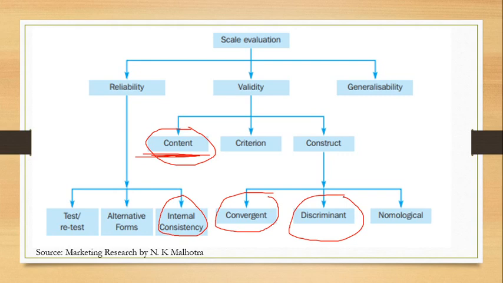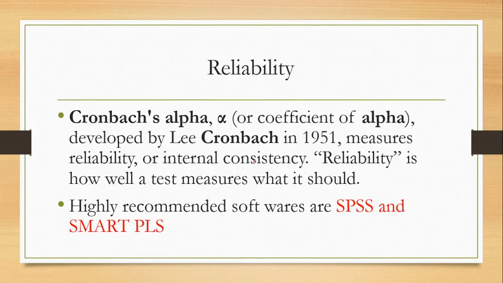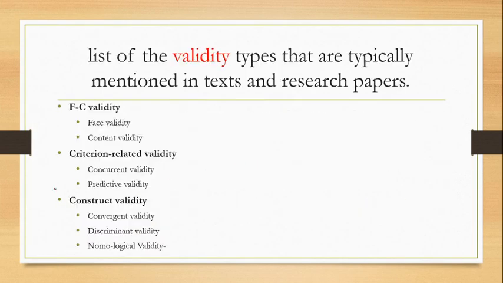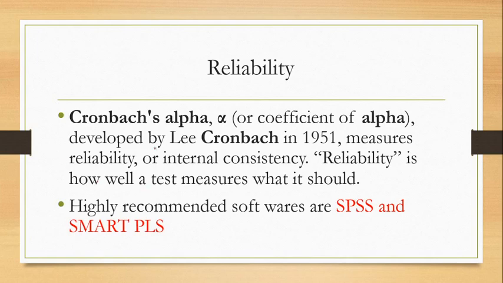In the coming slide, I'll be talking about the criterion validity also, which has 2 parts. One is called the predictive relevance and the other is called the concurrent validity. So this is the criterion validity. Now the Cronbach Alpha, just now I told you that it can be tested very easily, and SPSS and SmartPLS, these are the 2 most commonly used software. I'll be using SmartPLS software in this video to explain how you can check the reliability.